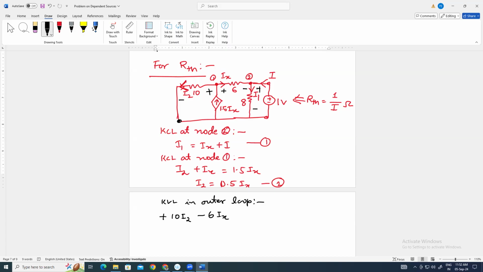then minus 10 minus 1 is equal to 0। दो ही resistance हैं और एक voltage source है outer loop में। I2 we know that 0.5 Ix, so that will give you 10 into 0.5 Ix minus 6 Ix is equal to 1. ठीक है, सो ये हो जाएगा 5 Ix minus 6 Ix is equal to 1, minus Ix is equal to 1, so it means Ix is equal to -1 ampere। ये Ix का value मिला हमको, Ix is equal to -1 ampere।